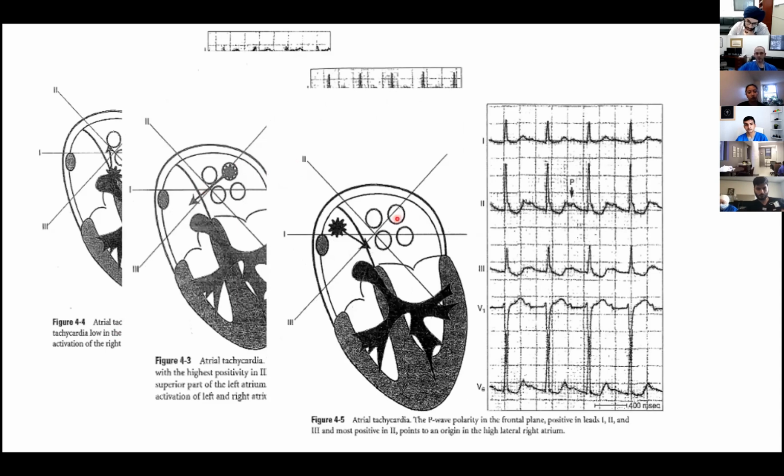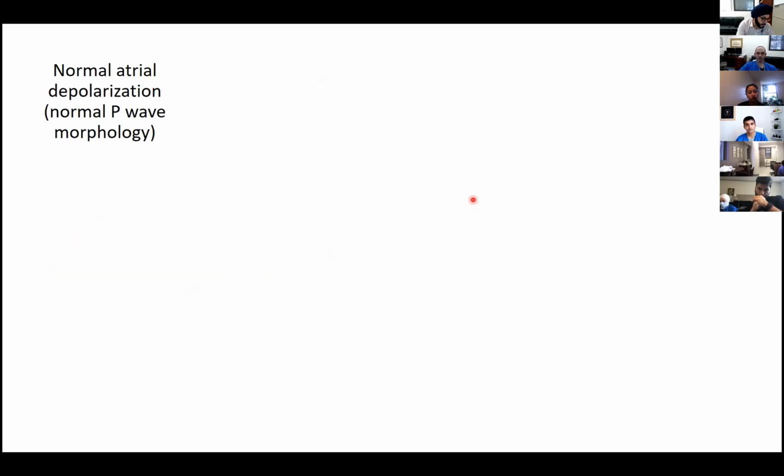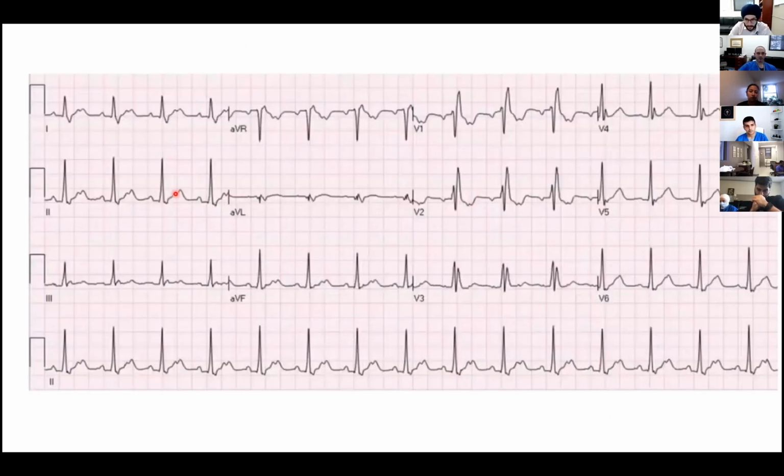And then from the right side, it's going to be very similar to your sinus. So you're going to have a positive P wave in inferior leads, and it's going to vary in terms of width, whether it's a little bit more towards the septum or a little bit more towards the atrium. So now if you go back to this EKG and you start analyzing, you see that you have 2, 3, and AVF are pretty